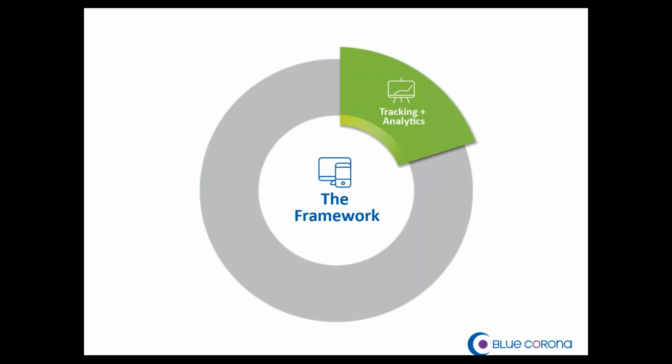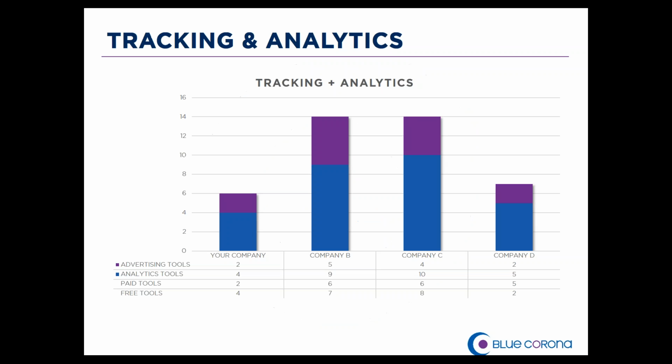The first part that we look at is what we're calling tracking and analytics. And we see tracking and analytics as the net that surrounds your entire digital presence. So you don't know what you don't know if you're not tracking it. And for us, it really gets an output that looks a little bit something like this, where we're